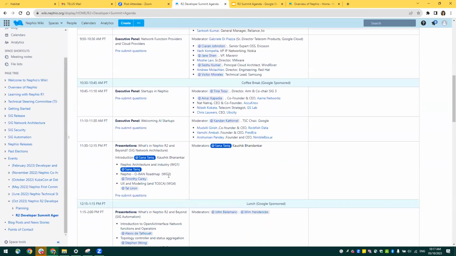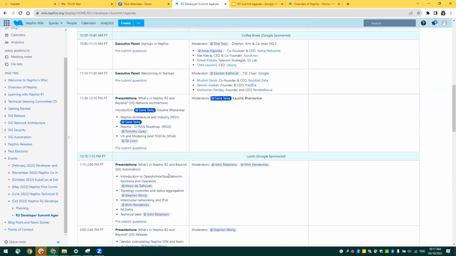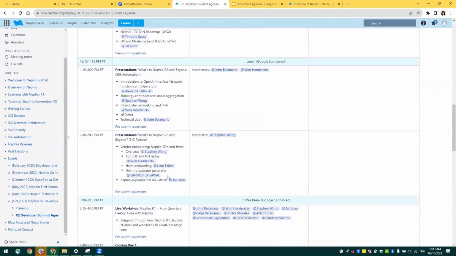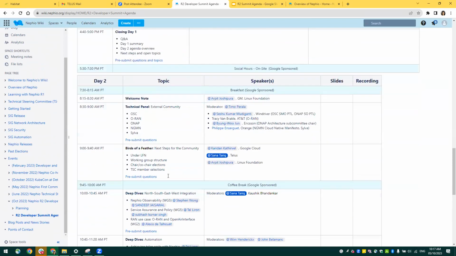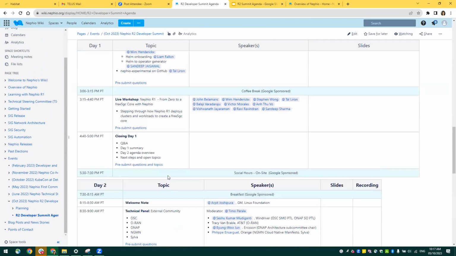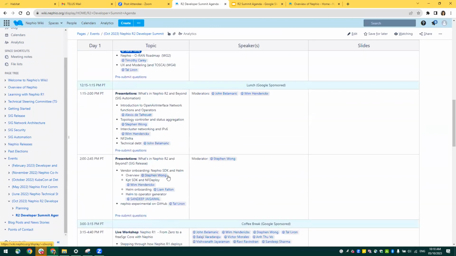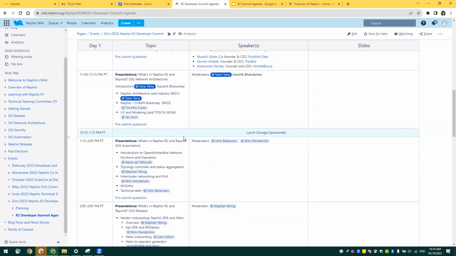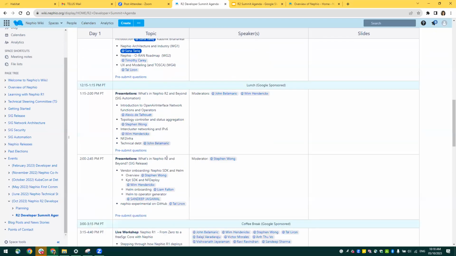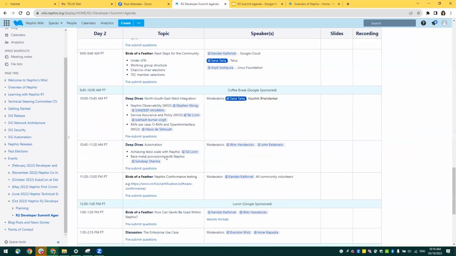On day one, I will cover more of what is Open Air. So day one is an introduction to Open Air Interface. I think you skipped it, Sana, but yes. And what do we do for R2? What's in R2, exactly? Our topic is what we are focusing on in R2, right? Yeah. I'm going to have a slide on the operators that were built for R2. That's the goal of that, but it's going to be short. The deep dive here is I will repeat that operator slide, but I have more content.